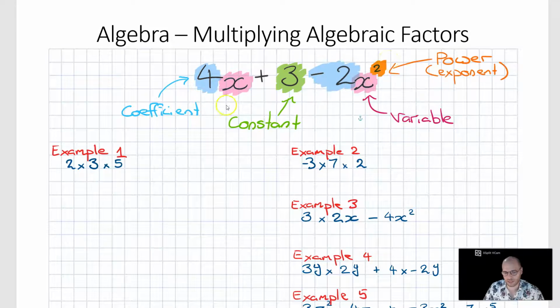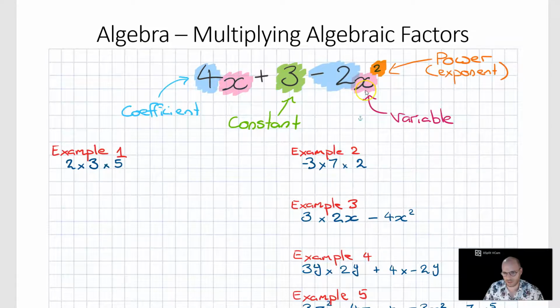Now when we have an algebraic expression, it's built up of terms. So in this case, we've got three unique terms: 4x, 3, and minus 2x squared. Of which we've got two different types of terms. We've got constant terms, and then we have terms that are built up of coefficients and variables. The coefficient in a term is the number that's next to a variable, and the variable is the letter